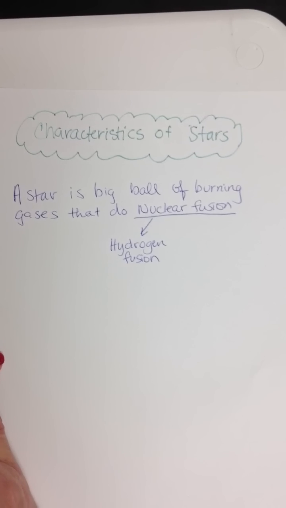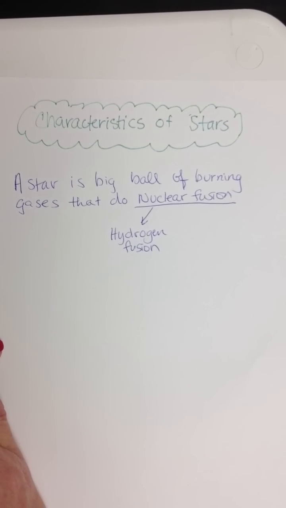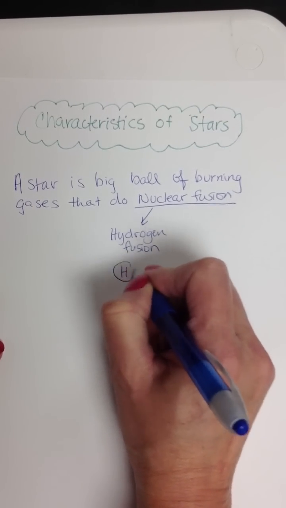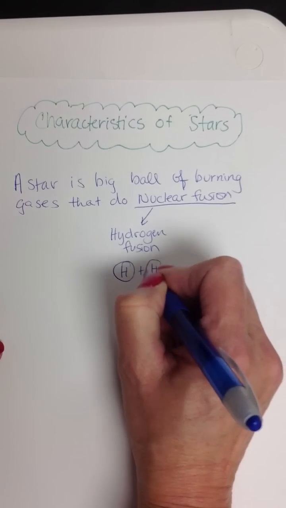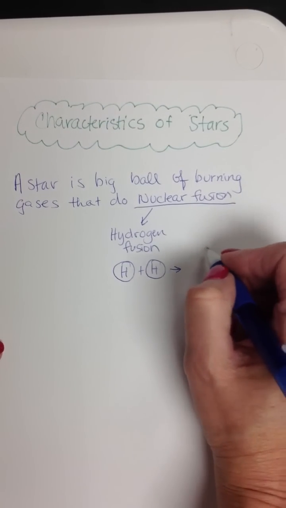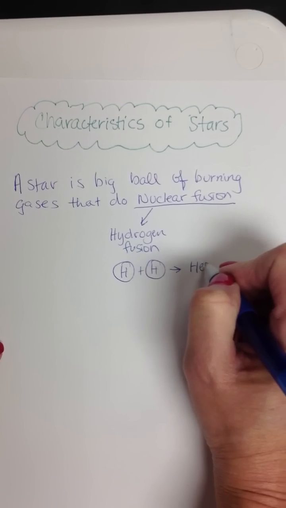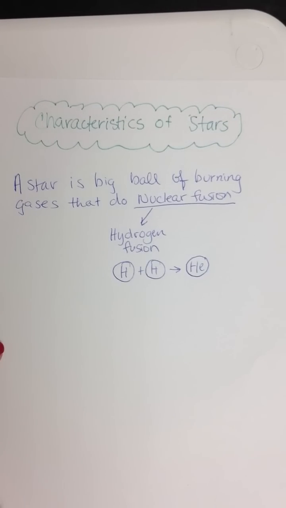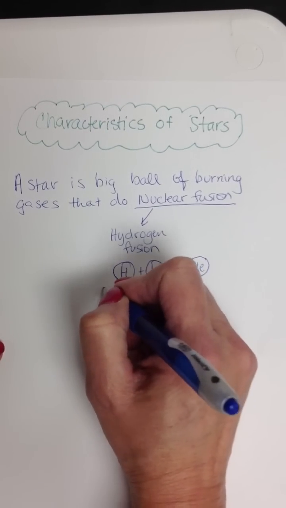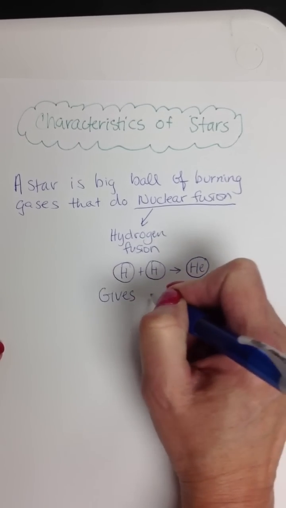Remember, we initially said that hydrogen was the most abundant element in the universe, and this is how a star begins its life cycle, with hydrogen fusion, meaning that it takes in hydrogen atoms and combines their nucleus, and by combining two hydrogen atoms, it's actually making helium. So this is the process of hydrogen fusion, or nuclear fusion. This process gives off a lot of energy,